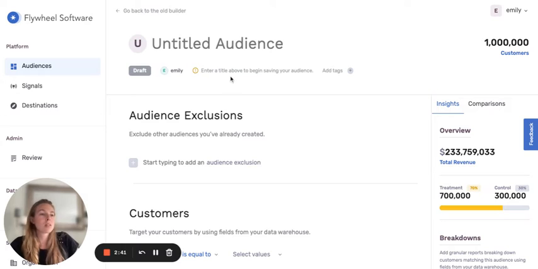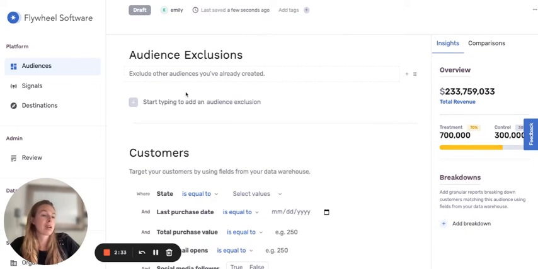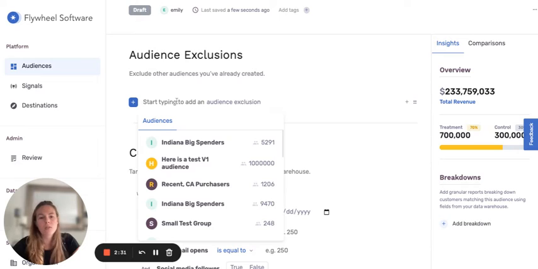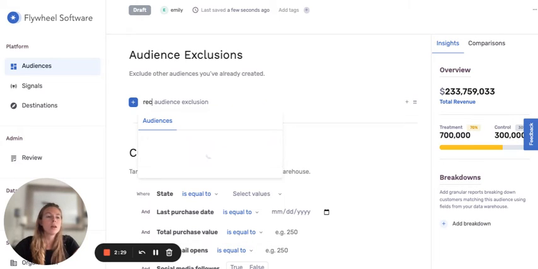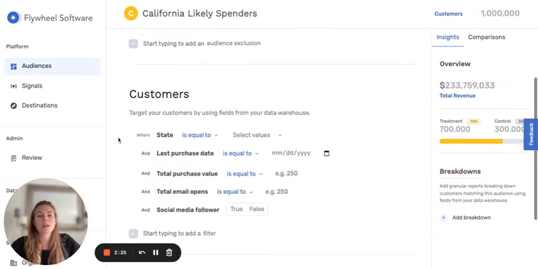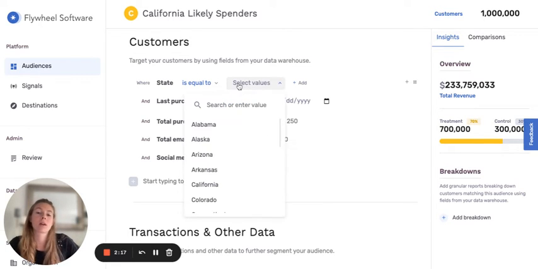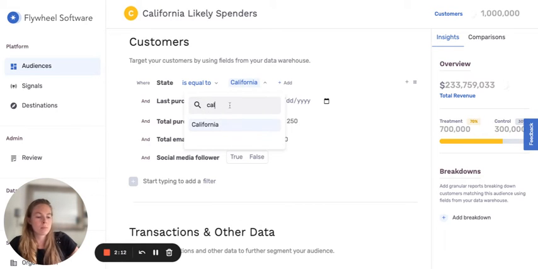So today, let's build a sample audience. California likely spenders. First, we may want to exclude an audience from our audience. So for example, we may want to exclude California recent purchases. We can exclude this audience and then move on to build the rest of the audience. So next we can build segments using any criteria across any fields in your data warehouse. So let's say we're targeting West Coast individuals